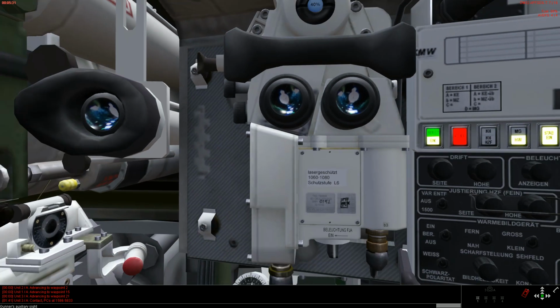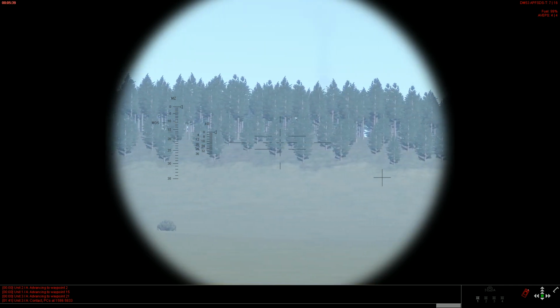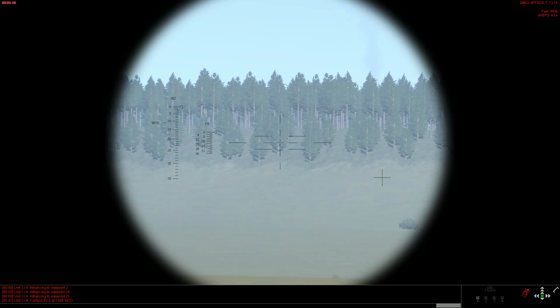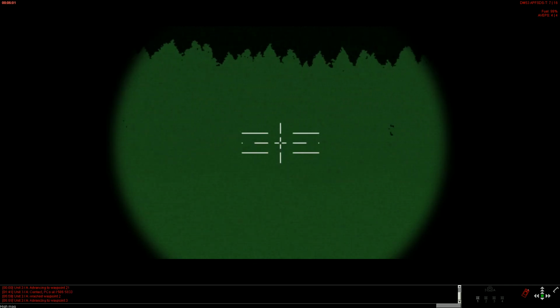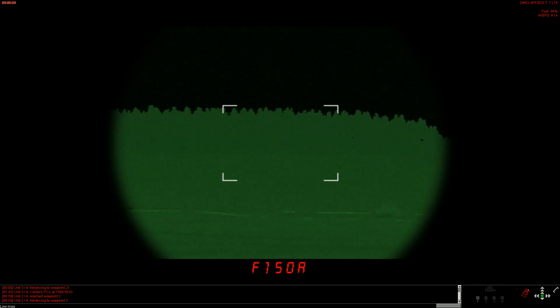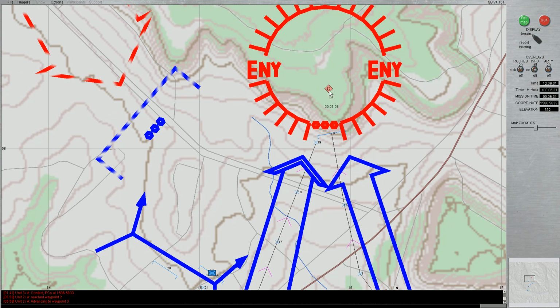I'm a bit anxious because we didn't detect any enemy vehicle. We didn't engage any of them. I don't see any smoke billowing up. Maybe the enemy already retreated. We're going to wait a little bit here, and somebody has a contact over there. There is a vehicle moving up there,